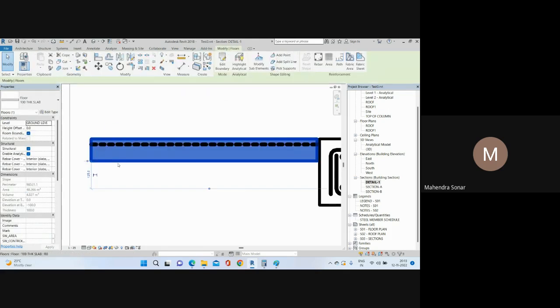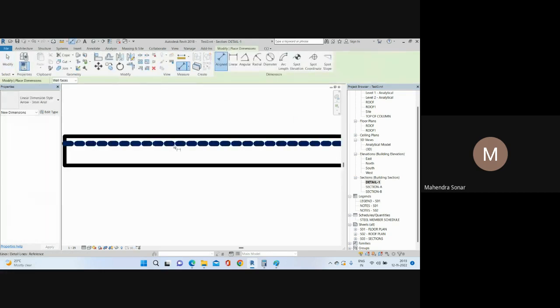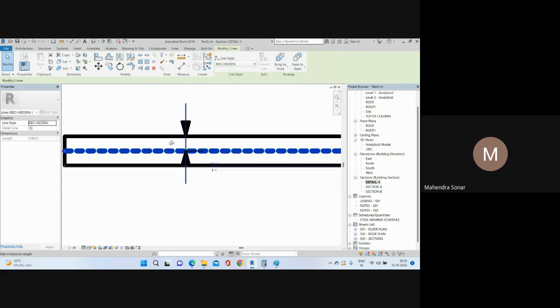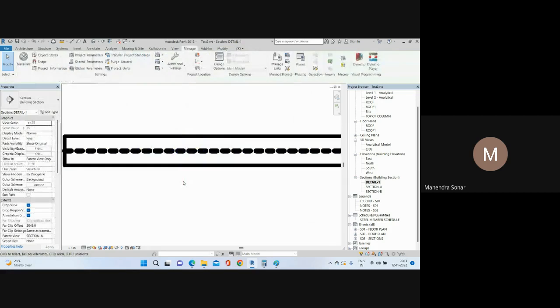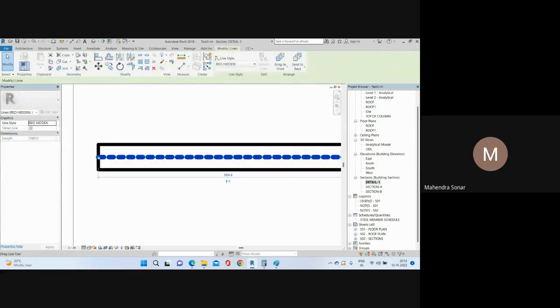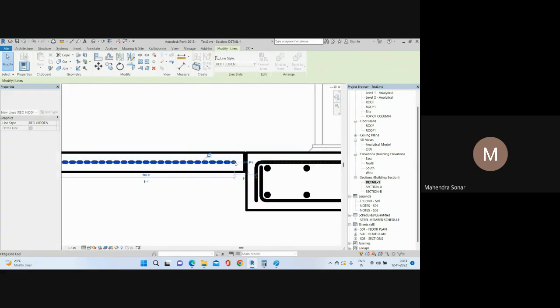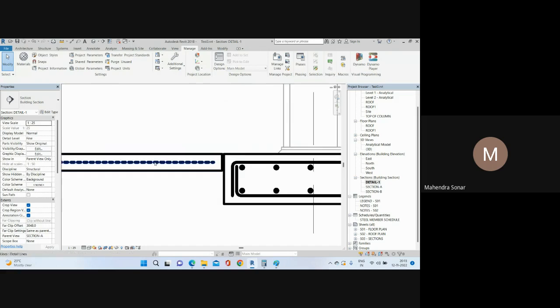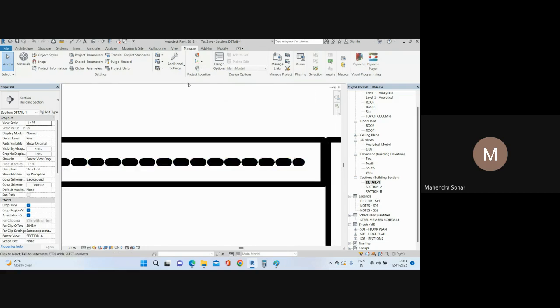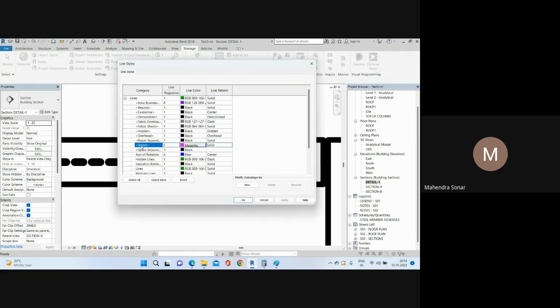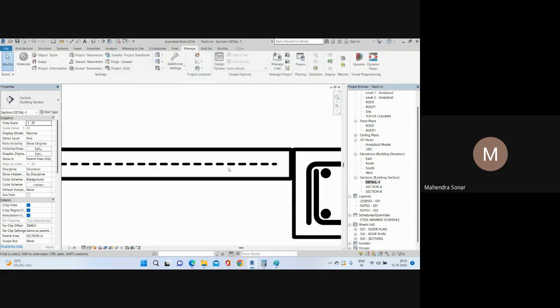So 100 mm is the thickness, and you can just give them 50 mm cover here up to here. Just delete that. Then similarly you can give the 50 mm up from this edge and from this edge, like that. Okay, so you can see this thickness is very high, so go to the line style and click here, line and hidden. So I will select 3 instead of 5, apply and okay. So you can see it looks proper now,